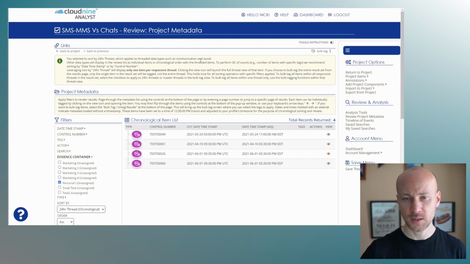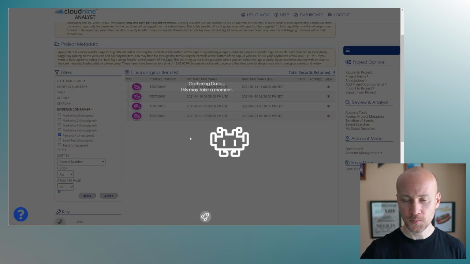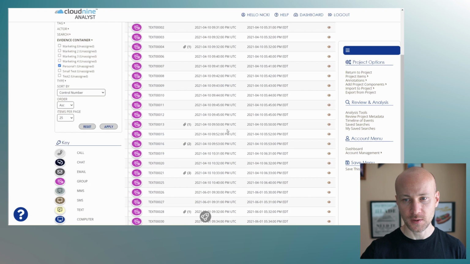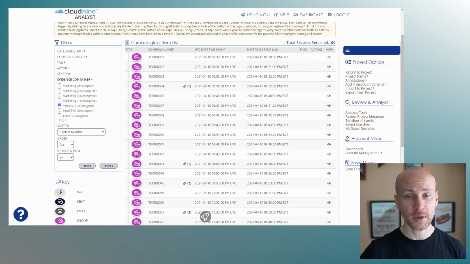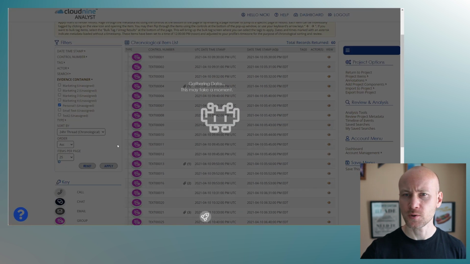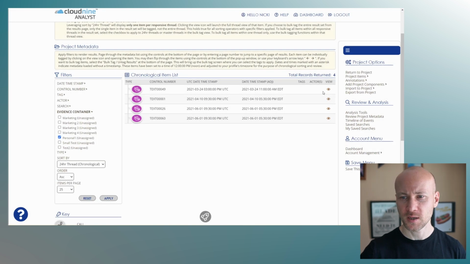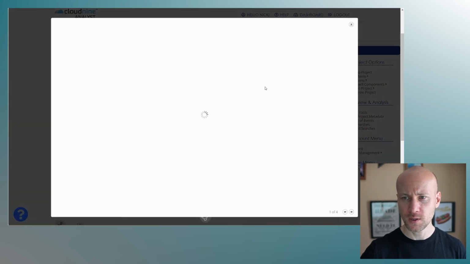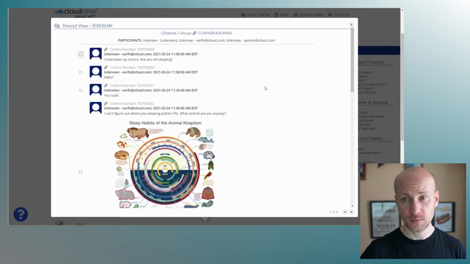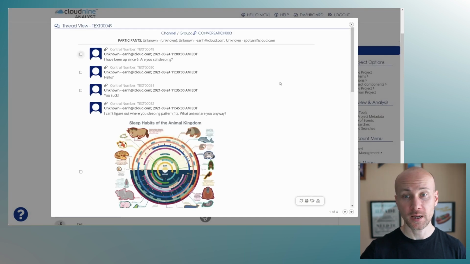Okay, so here is ESI Analyst. I went through a process of importing to a project, which involves just mapping some fields. Super simple. And now here you see our 4 conversations that we had before. Now we can look at this as individual messages, and it's just going to have a separate entry per message, but I think we want to see it in 24-hour threads because that kind of makes more sense. So let's click on the view here, and now we will see the same conversation we had inside message crawler